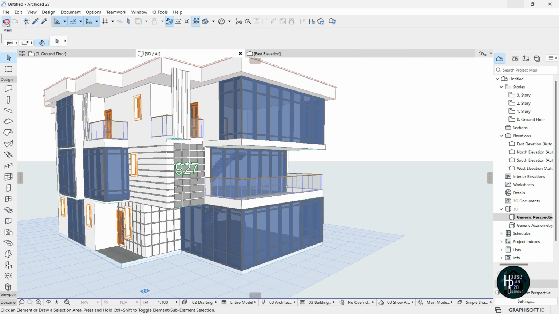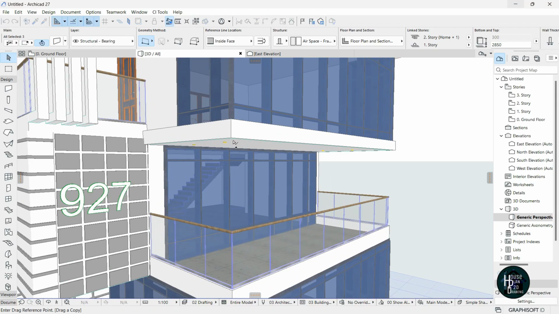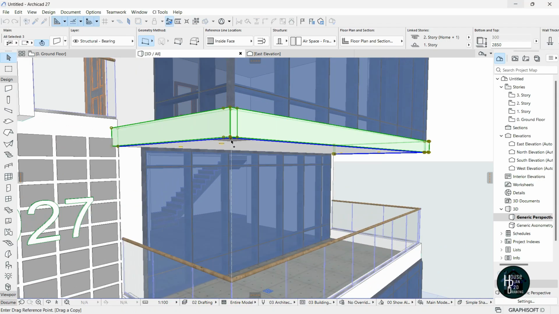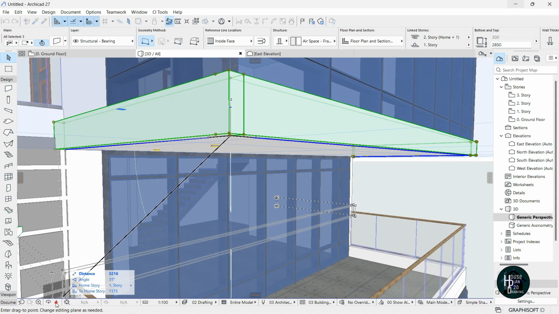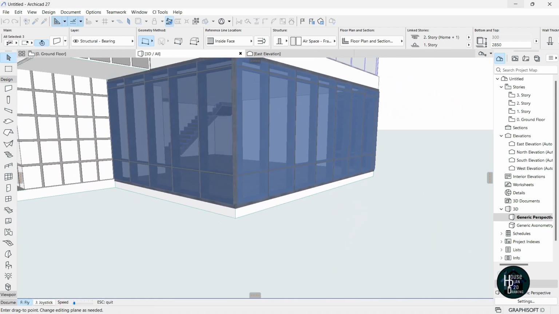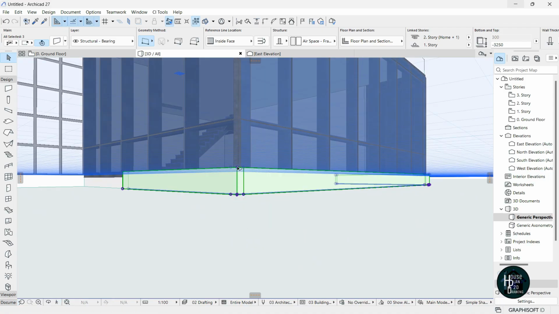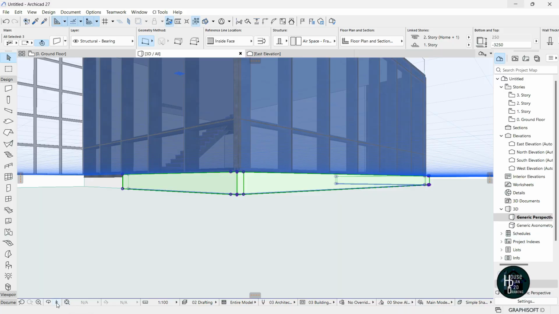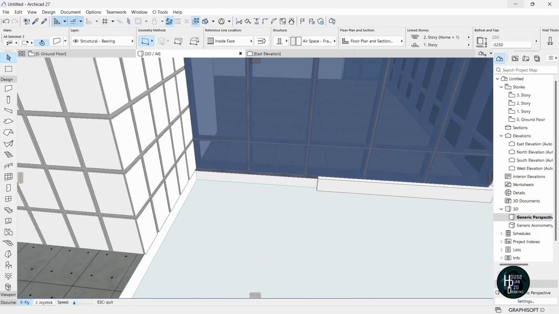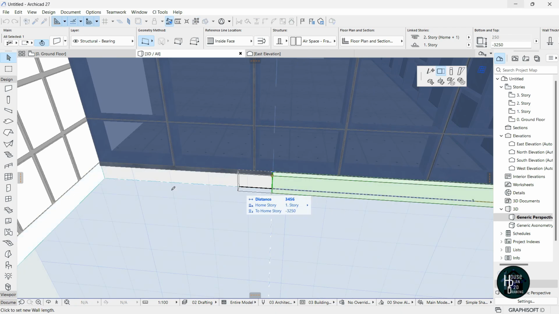Just click this and click this again. Press Ctrl Shift D on your keyboard, zoom in properly. You want to make sure you're selecting the bottom surface, click this. Come to the side here and select the side like so. Select this again and reduce it to that point here. I like it to be 250. Come to this side here, press escape twice, click this, click on this node again and stretch it to